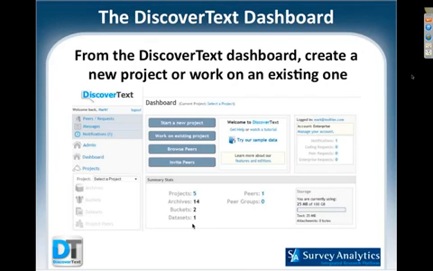This is the dashboard inside the system, and essentially we want people to start thinking about their text analytic work in terms of projects. So the hierarchy of the way the system is organized, at the highest level, you would create a project, and that project could have a series of archives that are imported. The archives may come from Survey Analytics, they may come from email servers, they may come from blog content or some of these other social media we've been talking about. Next slide, please.